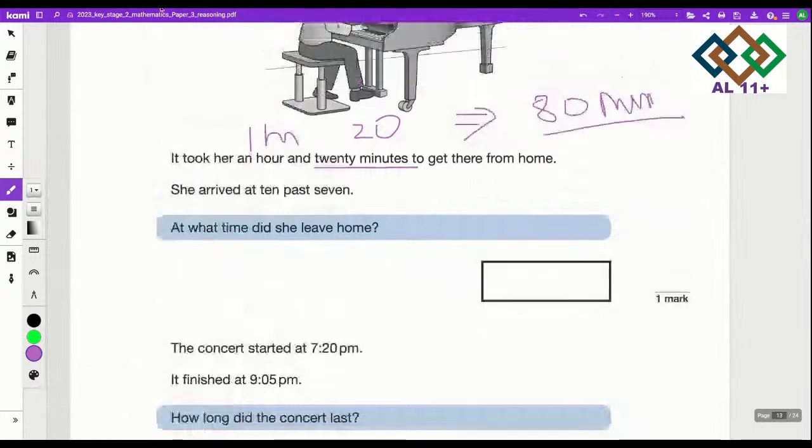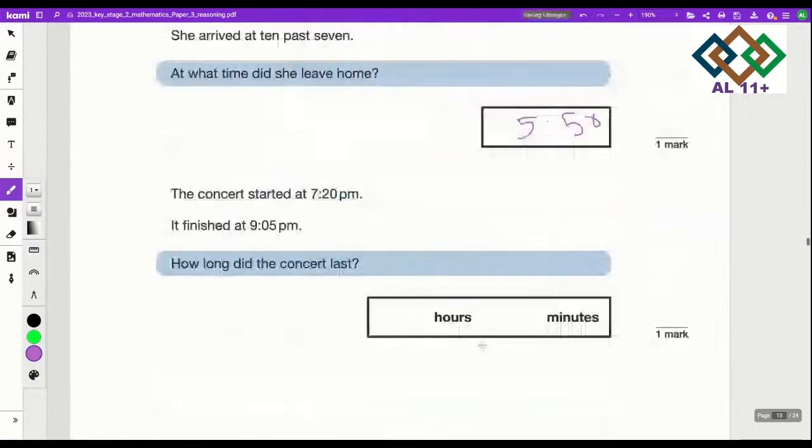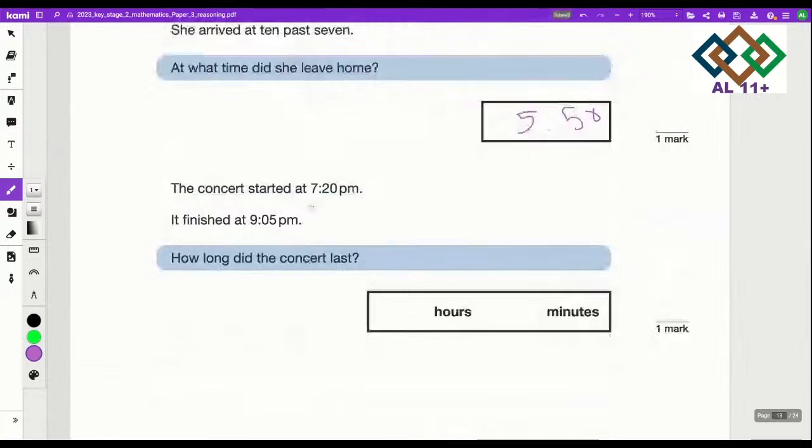So, you have to think about it took her 80 minutes to reach the concert, and what time did she leave home? So, what time would she leave home now? It would be 17:50. It would be basically 5:50. So, when she left home, that is 5:50. And now they are telling you that the concert started at 7:20 and finished at